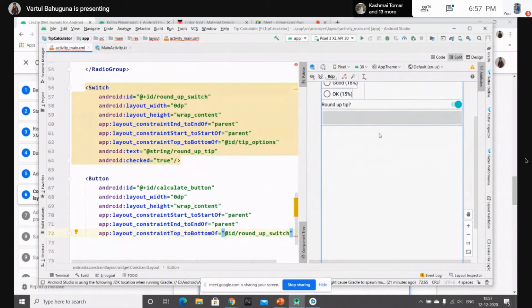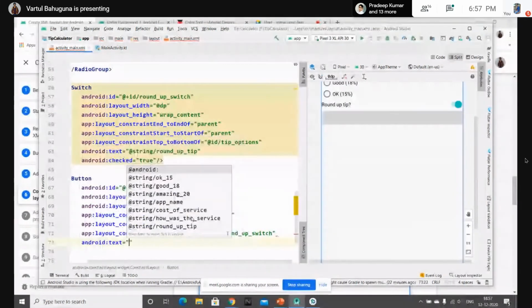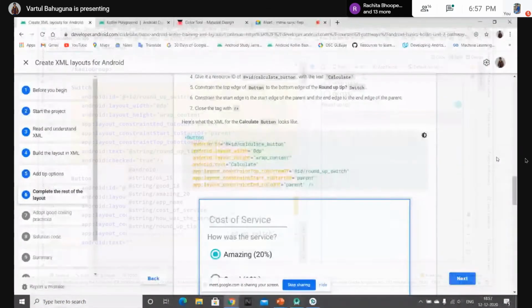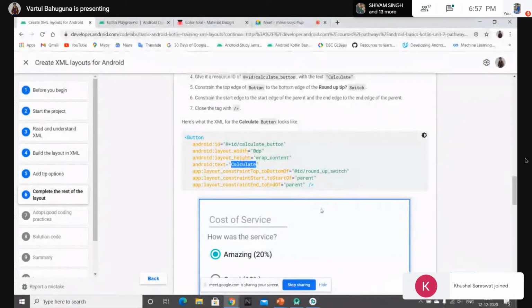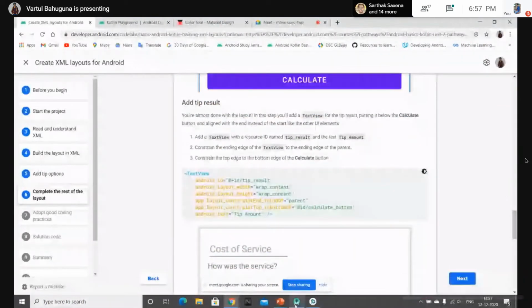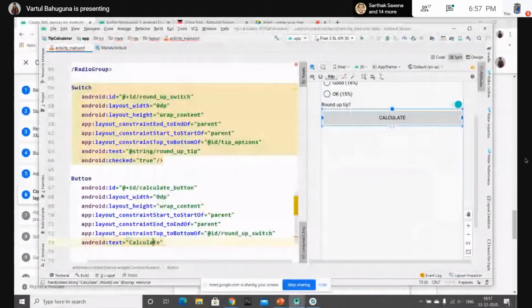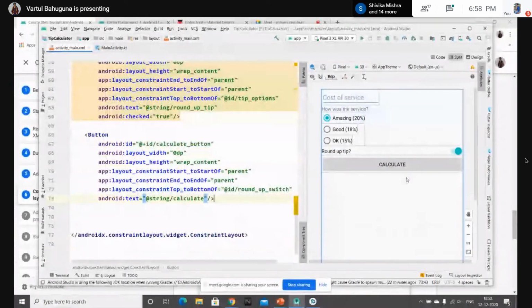So here our button is stretched all over the width of the parent view, and then we need some text to appear on this button, that is Calculate. Let's extract it from the string resource. So here's how the UI of our app is going on.